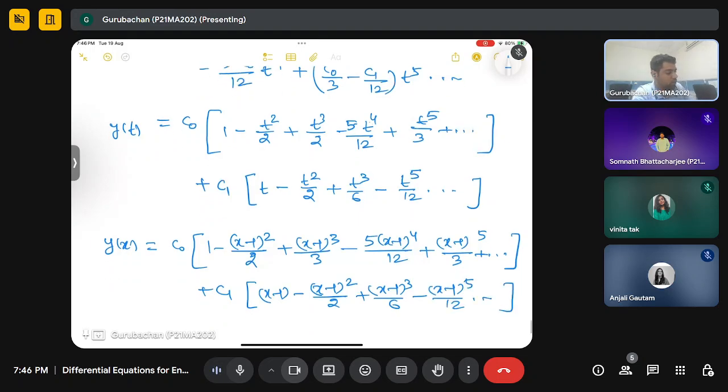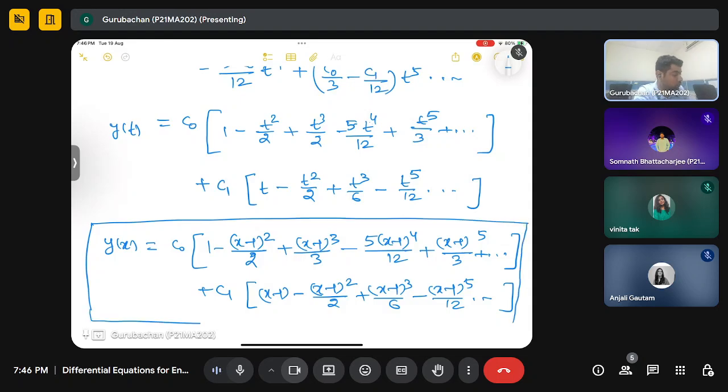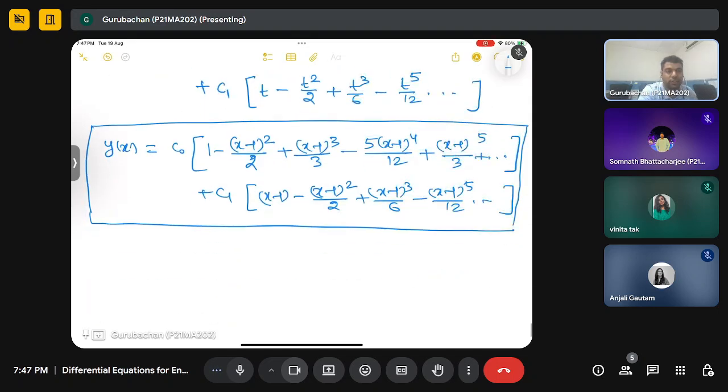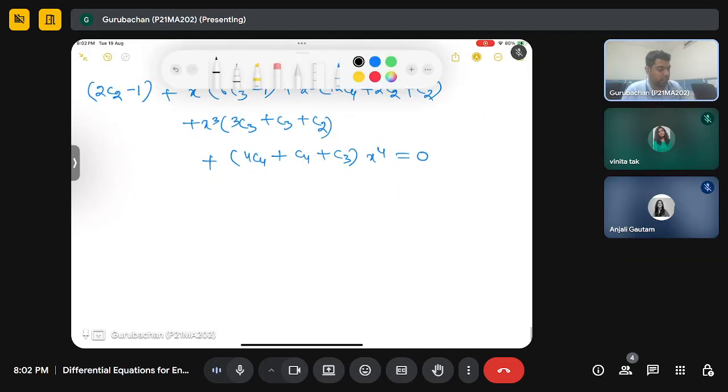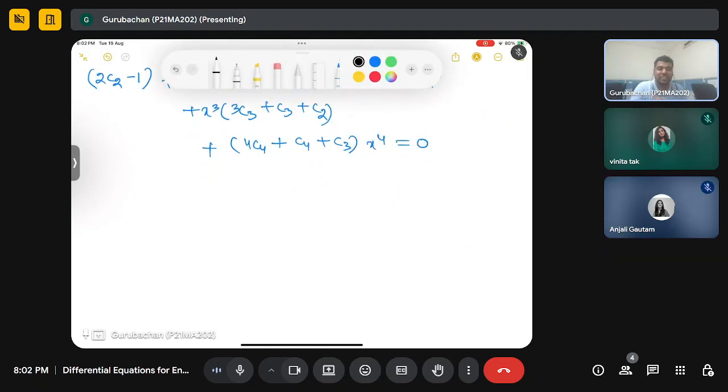So this will be your general solution of the given differential equation, where C0 and C1 are nothing but arbitrary constants. So let me give you another one, a Legendre polynomial glimpse. In case of Legendre, question seven: